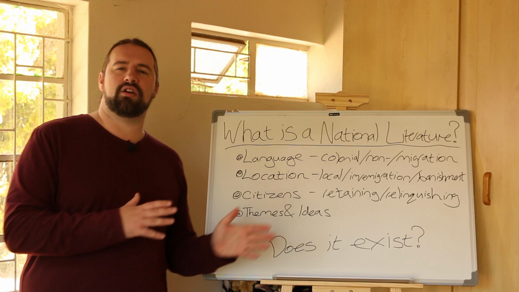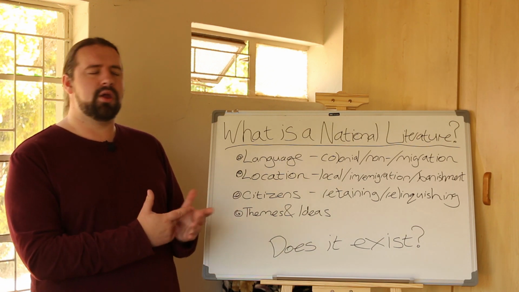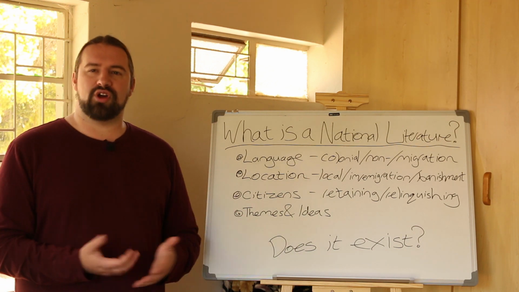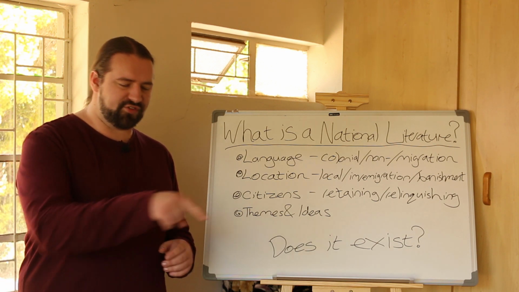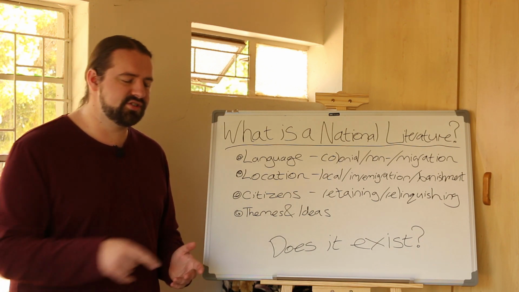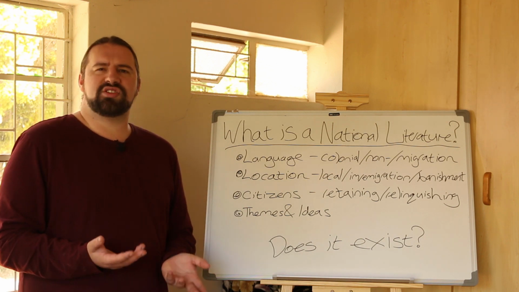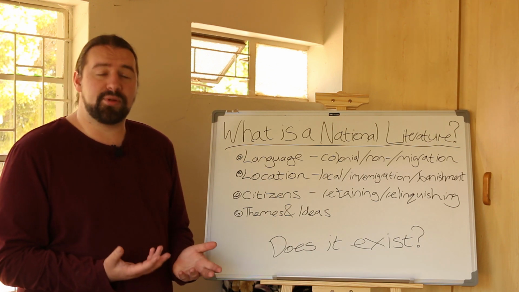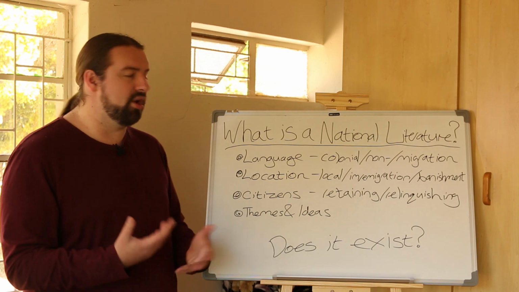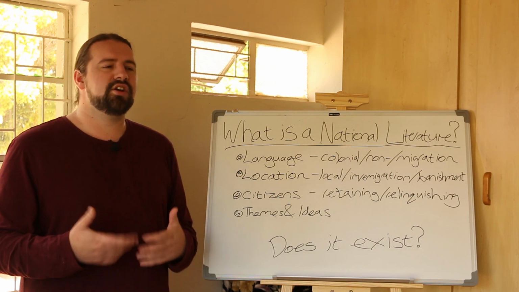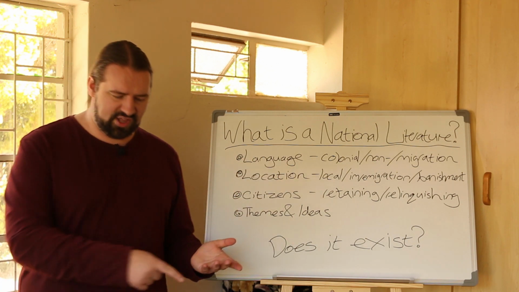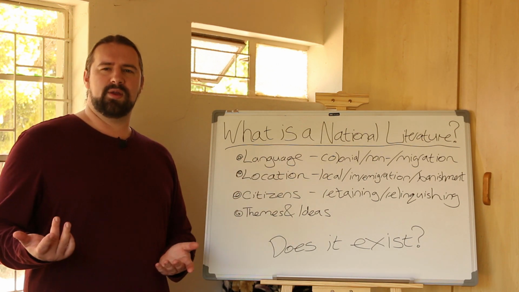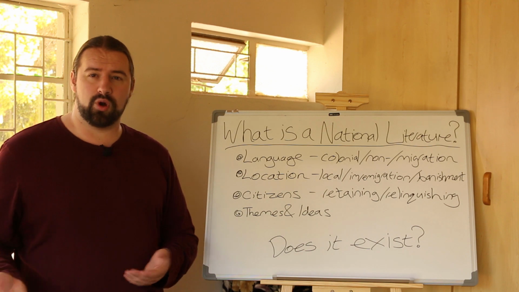And if you look at the colonizing areas, so Europe, those lines were also often determined through things like war. We said, well, we fought for this land, so now it's ours, which is also kind of arbitrary in terms of what is and is not a country. So immediately, this becomes a problem. In colonial countries, the lines were drawn by colonizers, not by the people who were colonized.